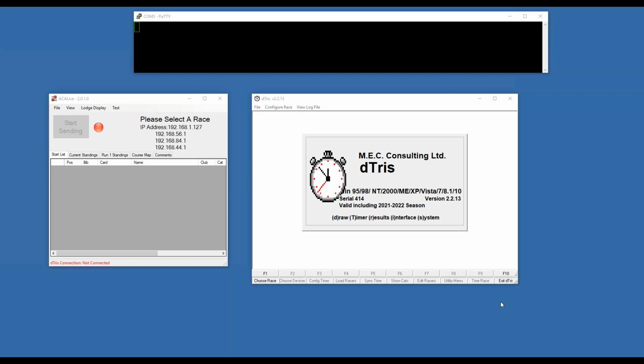All righty. So what we have here is three screens that you can all see. One is Dietrich, so that's the timing software that we'd be using. ACA Live is the software we use to send data to the website to show results to the world. And then this little black screen at the top here is to mimic what a display board would be showing